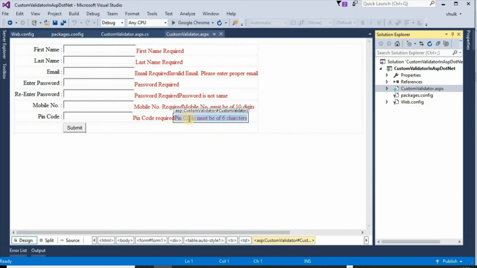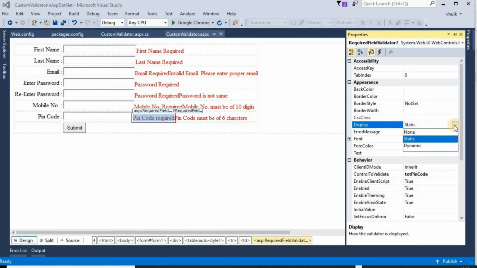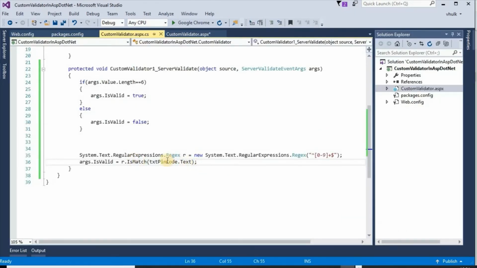Then this required field validator display property is static. It must be dynamic. We have created another code. It is checking if the number is string or integer.